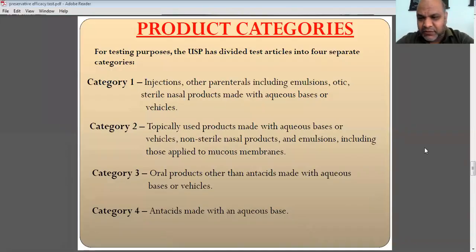So now we have a list and we have to just study these things. But we have to consider the main thing, why we are doing the preservative efficacy testing. Now I am going to share the screen and show what categories are actually used in the microbiology lab and what the procedures are for the microbiological testings. So we just have to have the knowledge of these things.